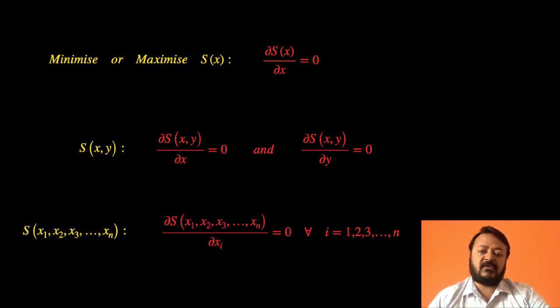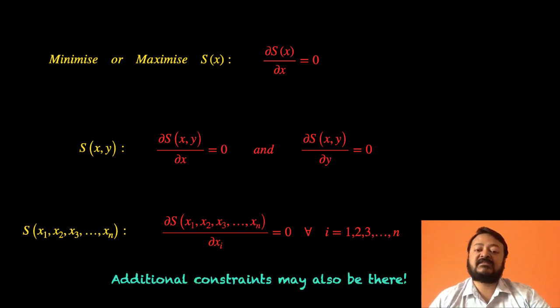If you have a function of 1 or maybe 2 or even 3 variables, this is usually quite easy to do mathematically, analytically, without having to take recourse to very special kinds of algorithms. But if you have a function of many variables, then this process becomes very complex. And in some cases, you may have additional constraints to be satisfied. So you may say that I want to minimize this function while satisfying some additional constraints. That adds another layer of complexity and difficulty to the problem, which makes it all the more difficult to analyze mathematically. So there are some brute force algorithms which can solve such problems.